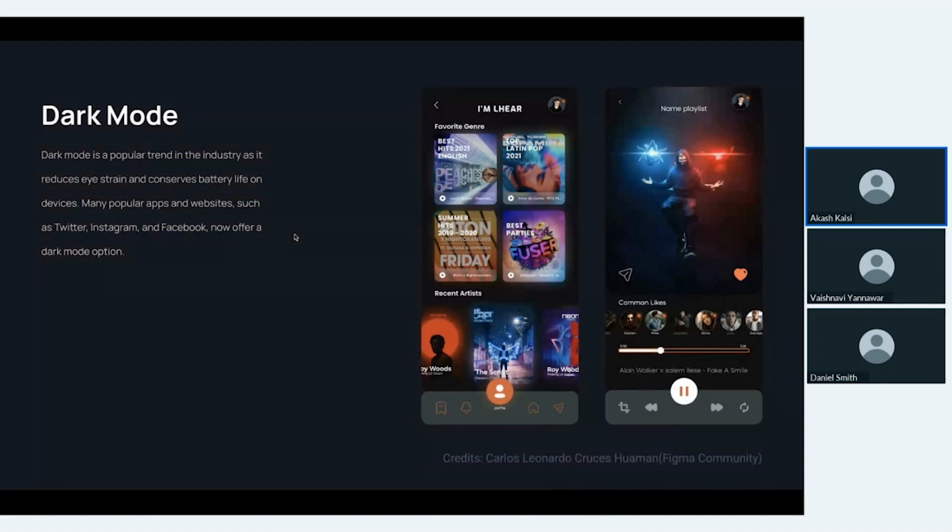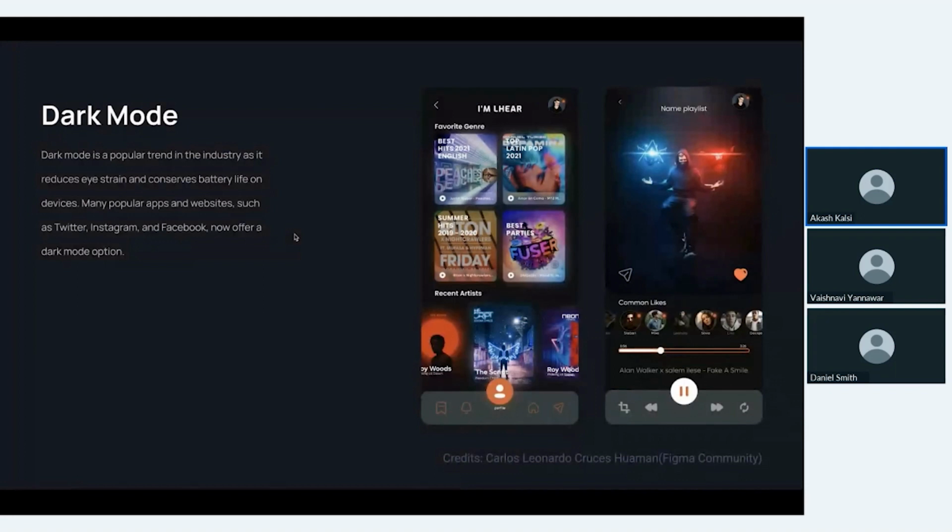Also, not just this, but we all feel like dark and bland grays look pretty cool, right? So yes, dark theme is one of the most popular design trends in recent years, and many popular apps such as Twitter, Instagram, and Facebook now offer a switcher for dark mode. Also, if you use Snapchat, it gives you the option in the app appearance section whether you want to explore the app in the light theme or the dark theme.